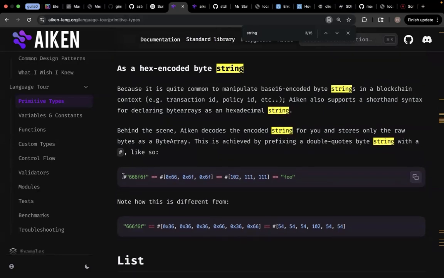So this is basically what that denotes then. A string is with the pound, right? Oh, I see, that's what it's saying. Aiken decodes the encoded string for you and stores only the raw bytes as a byte array. This is achieved by prefixing a double quote byte string with a pound symbol. Oh, so it makes sense. So they're saying,